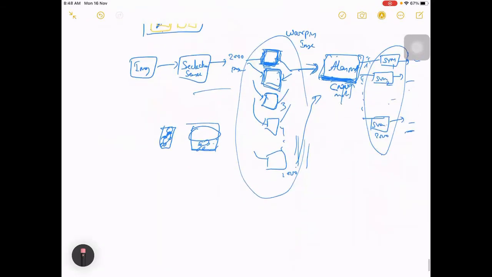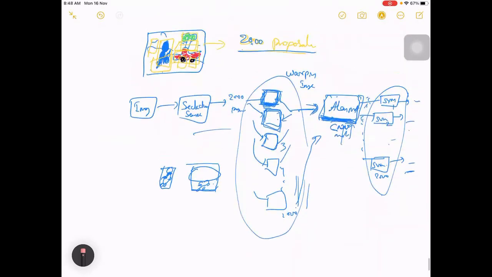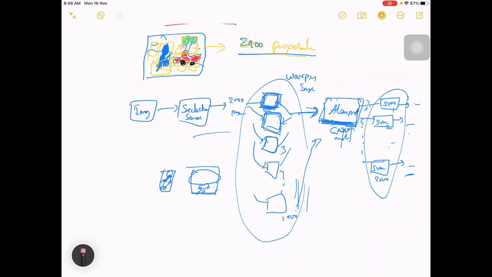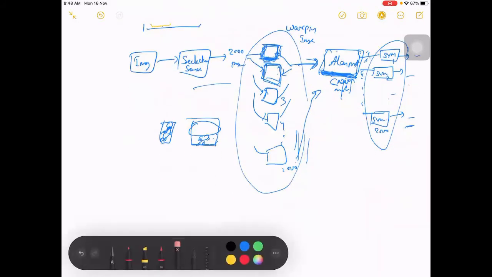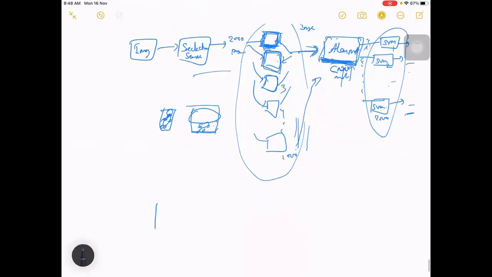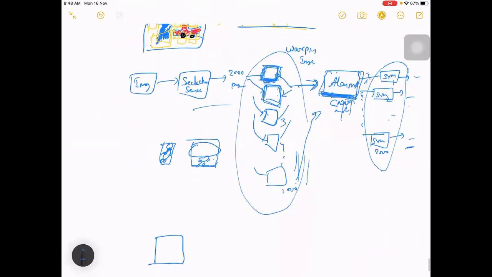One more thing to add, along with the classification: these proposal boxes need not be taken the same way. Each box can be in two ways.